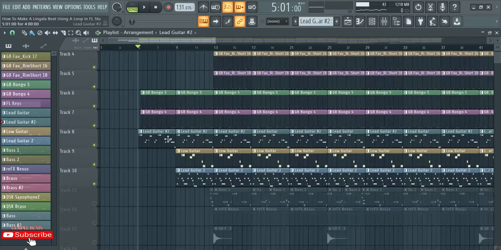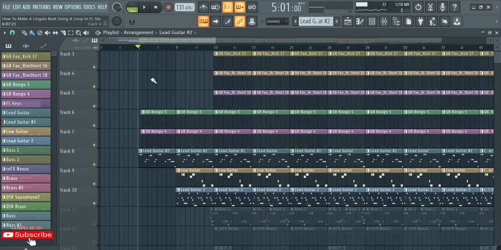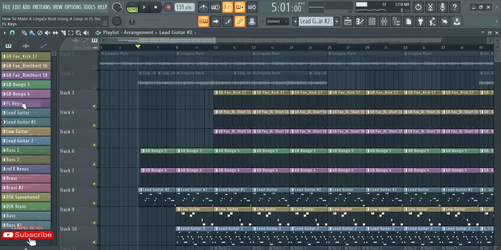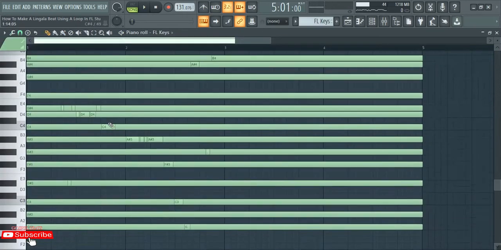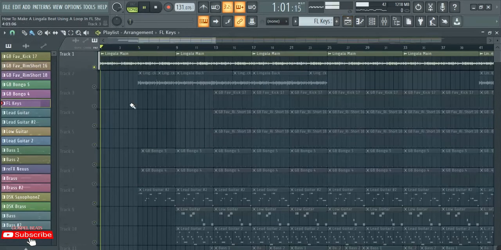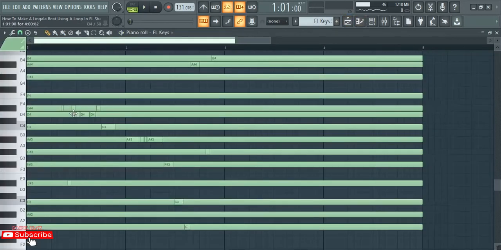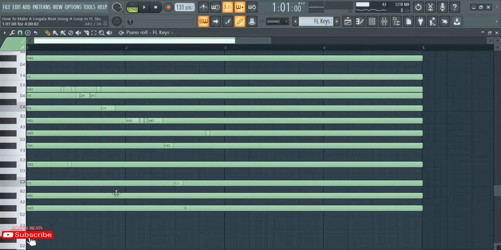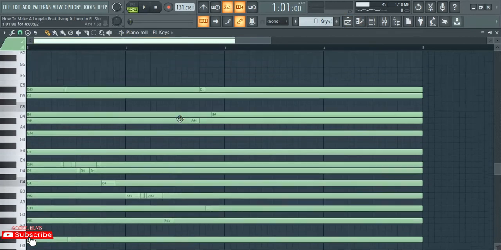So you hear it. For me to play this guitar to be on key with this loop here, what I did, as you can see here, these are the keys he was using to play this melody, which is this one for this loop. You can even see these small notes here, like this one here, this one here, and these are the notes he was playing, or the chords he was playing. So I just put this long line where these are, so that I can be playing on key without my guitar's sound off key. So that's how I did it.